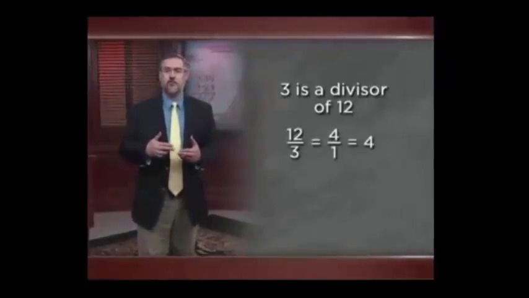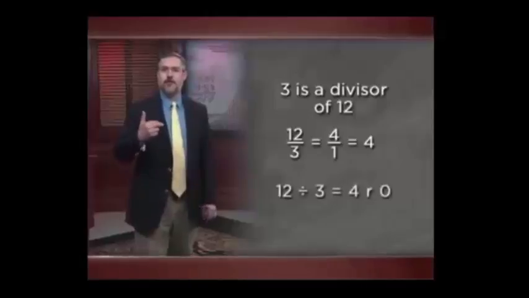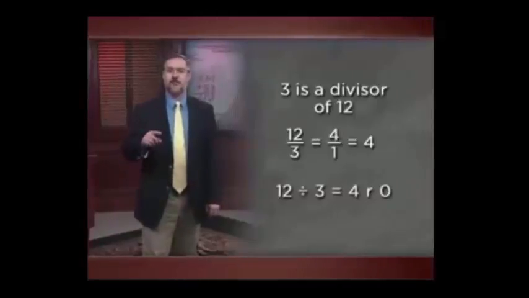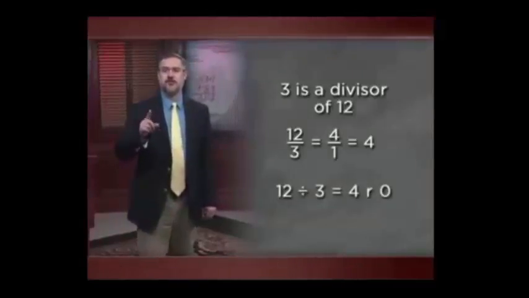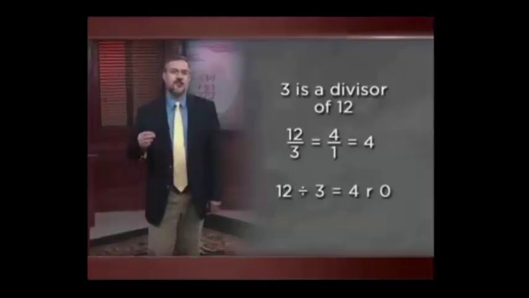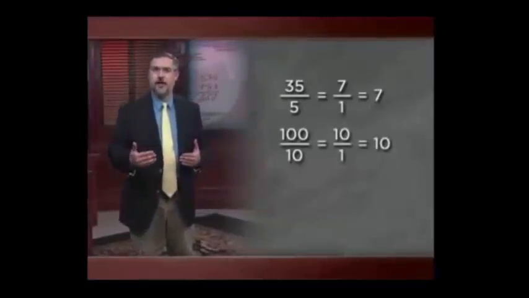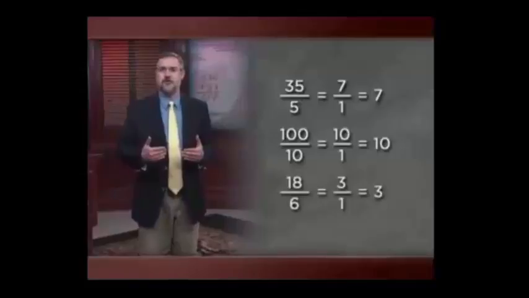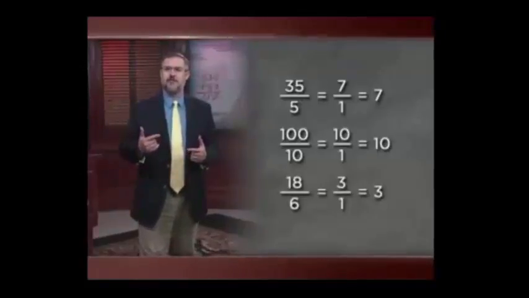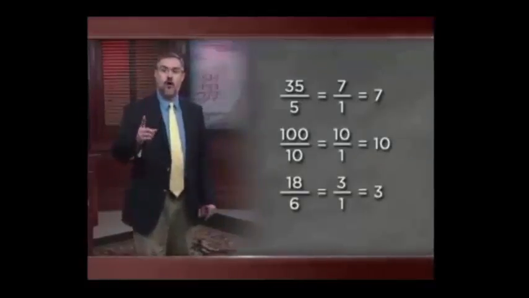Or we could say it a different way. When we divide 12 by 3, the remainder is 0. And that means 3 is a divisor of 12. In a similar manner, 5 is a divisor of 35, and 10 is a divisor of 100, and 6 is a divisor of 18. And if you think about it for a little bit, you'll notice that 1 is a